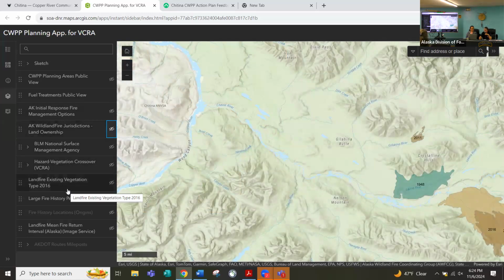It was based off of the LANDFIRE existing vegetation type, or EVT, which had satellite imagery of over, I would say, 70 to 80 different vegetation types, which was a lot more complicated than what we needed because we're studying vegetation to correlate what sort of fire danger the vegetation presents in our community and out in the vicinity of our community. So we created, off of this LANDFIRE existing vegetation layer,